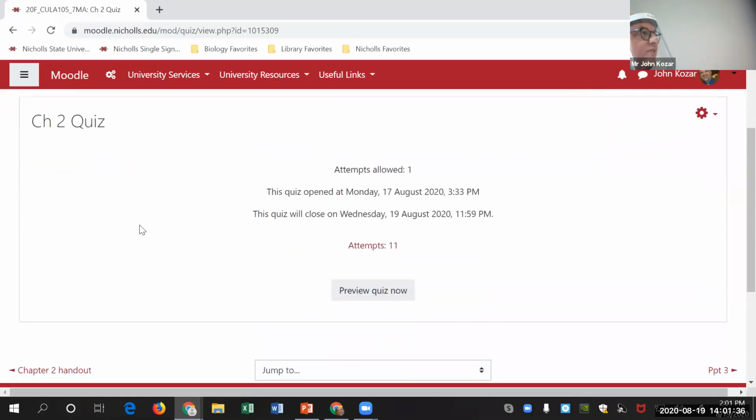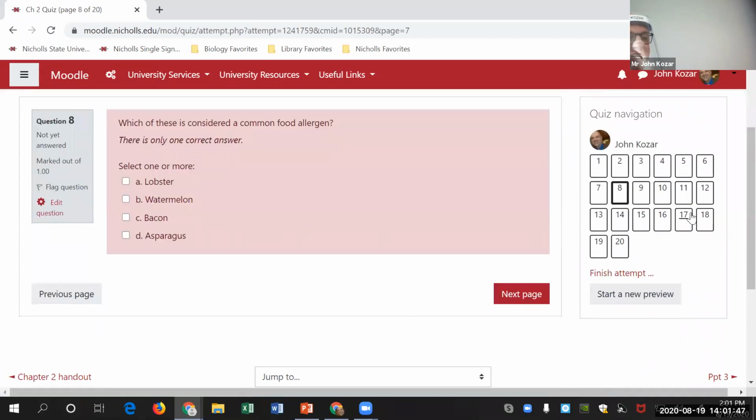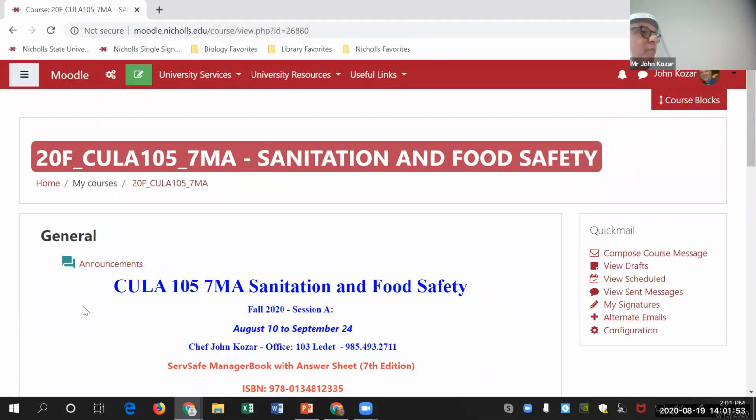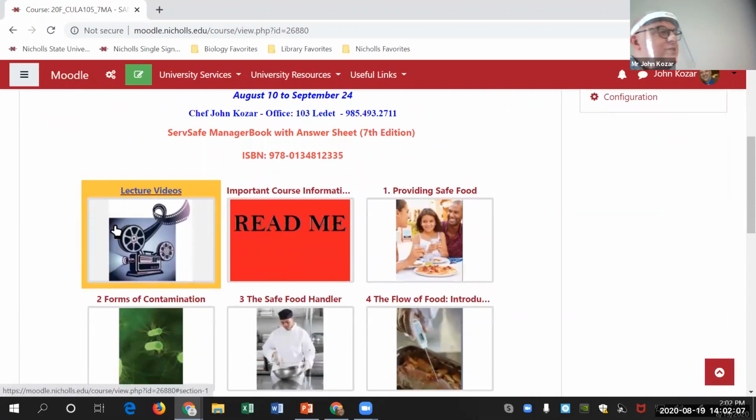Right, and then just to show you something on the quizzes, when you go to take the quiz, it is not a timed quiz. So if I wanted to take the quiz, I can look through the questions, I can hop around, open the book, look for answers. I can go back to the course and it will remember any answers that I saved. You can go back and forth on it. You don't have to complete it all at one sitting. Just make sure that you do submit it before it's due. Okay, any questions on that?